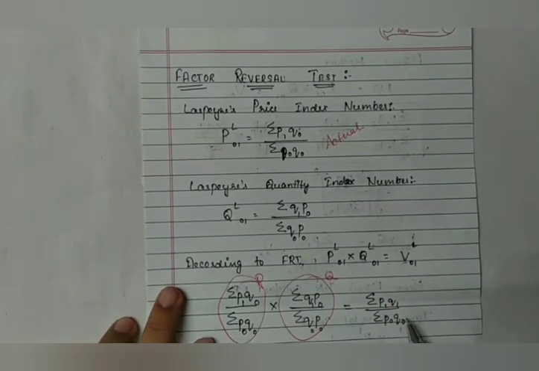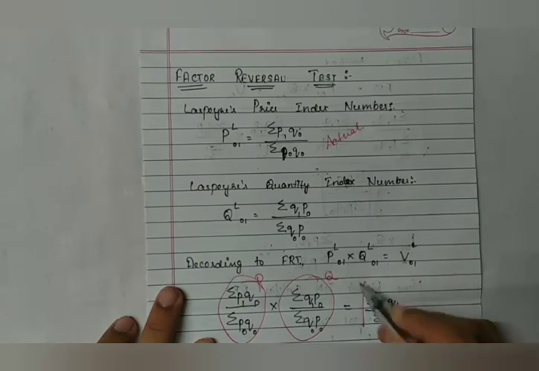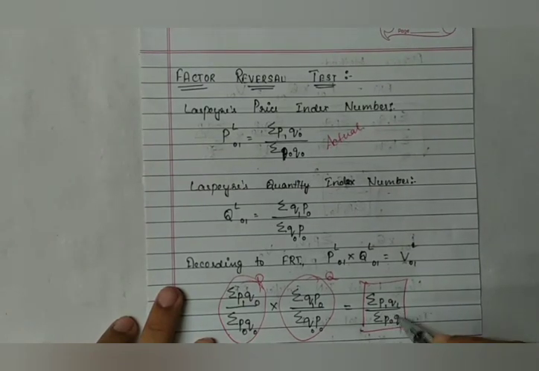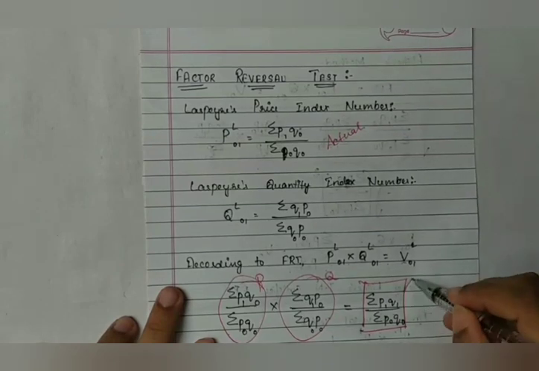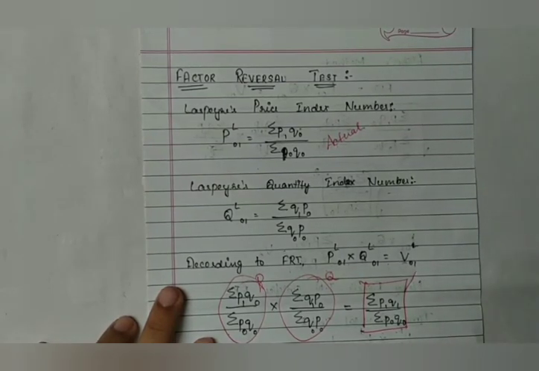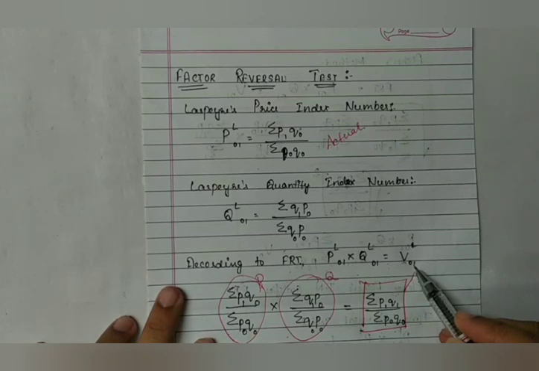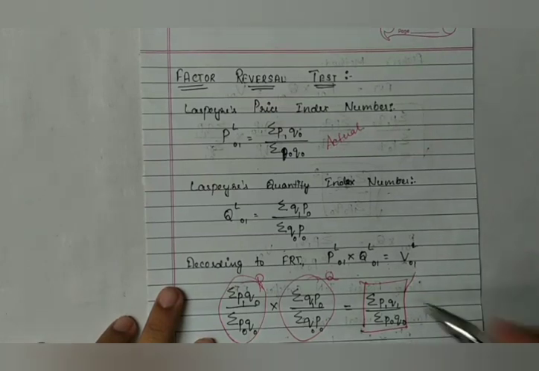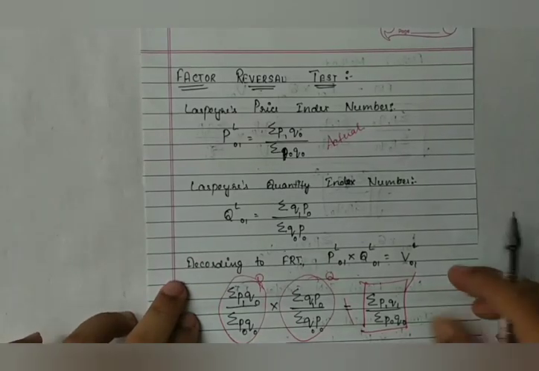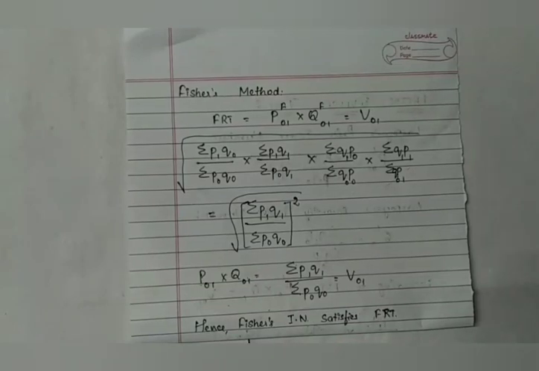Okay, and why is it not getting satisfied? See, when you simplify this now, our answer will not be summation P1 Q1 divided by summation P0 Q0. This is the formula of value index number. So when you simplify P and Q, you will not get the answer of value index number. Hence, Laspeyres index number will not satisfy the factor reversal test. So as you all know, Fisher's method will satisfy,